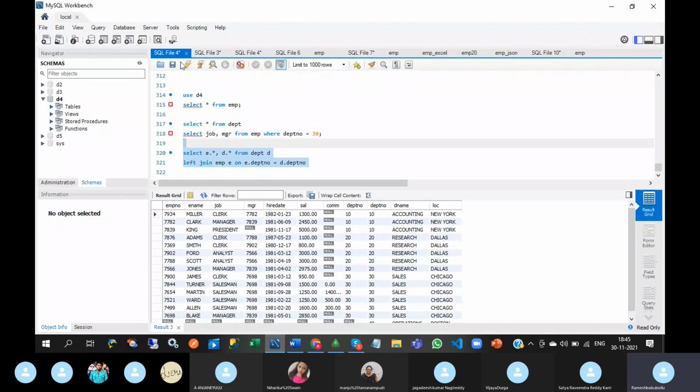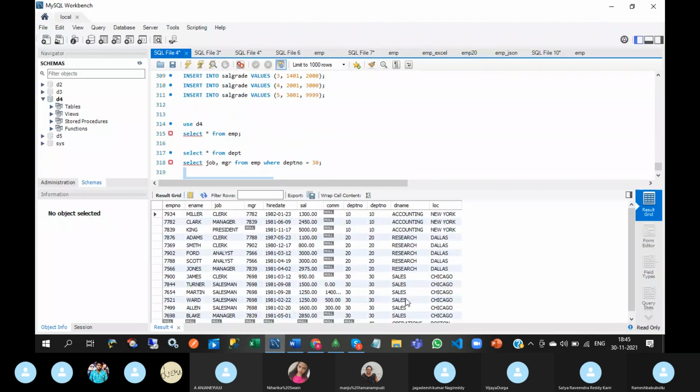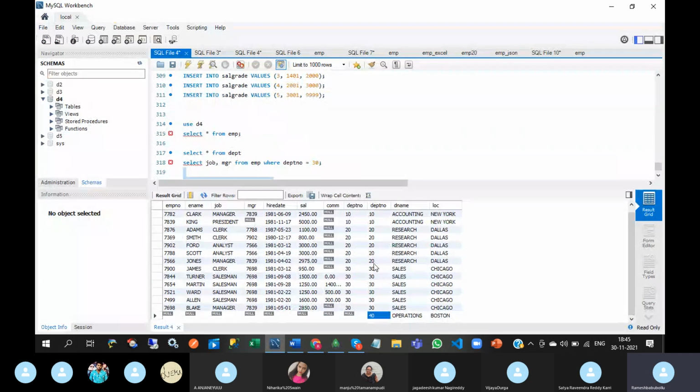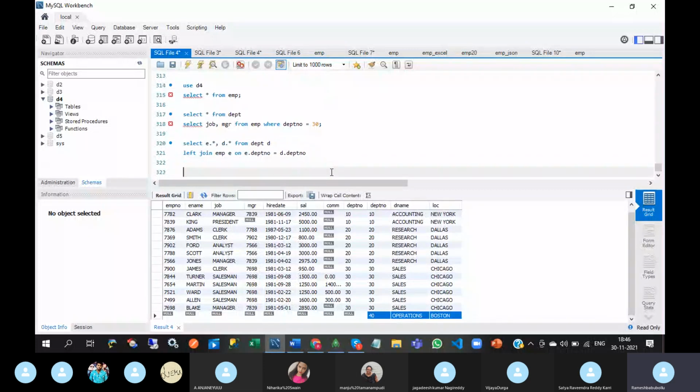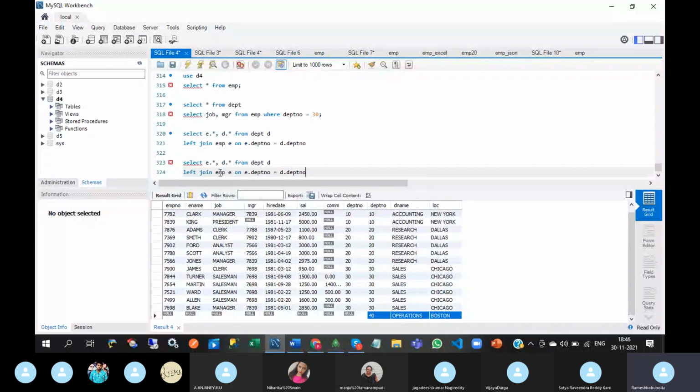See what will happen here. 10, 20, 30 department details are there along with 40 department details. What are you using? Department left join employee. If you write employee left join department, then what will happen? See, you don't get 40.